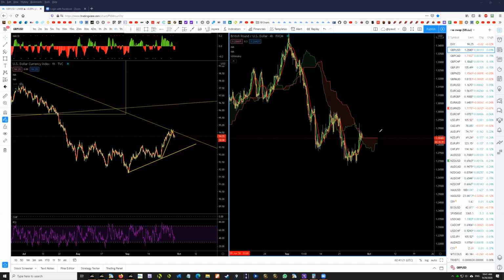So the up move was the right way. Now we were speaking about this potentially being able to drop, and if I'm going to draw a correlation to this, the thing is that this Ichimoku doesn't really help much